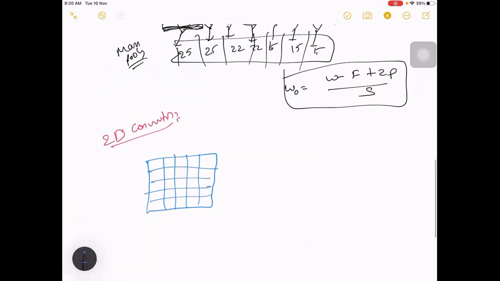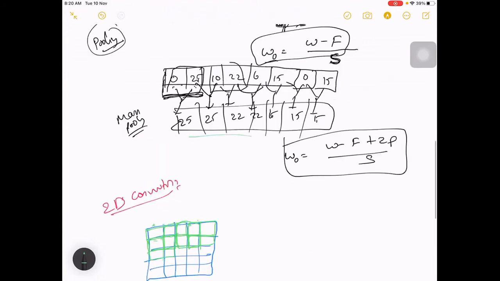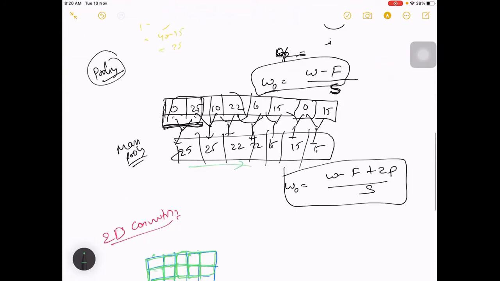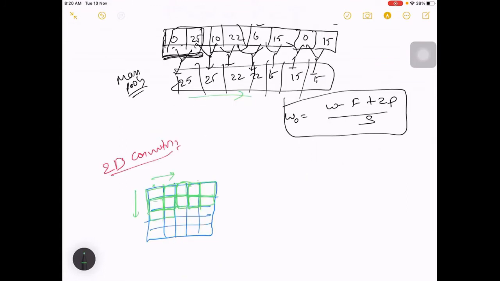For this 2D input, you will have a filter and you will slide that filter in steps again. Okay, and if you want to skip, you can skip from here to here directly by keeping a stride value. Previously this filter shift happened only horizontally. Now it will happen horizontally as well as vertically. Okay, so that is what 2D convolution is.